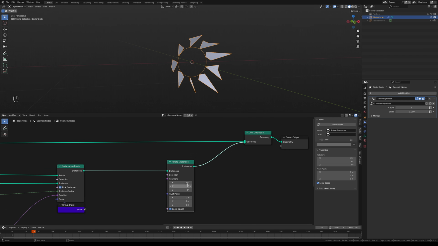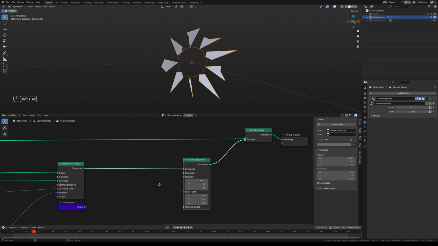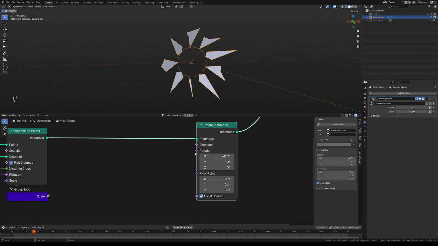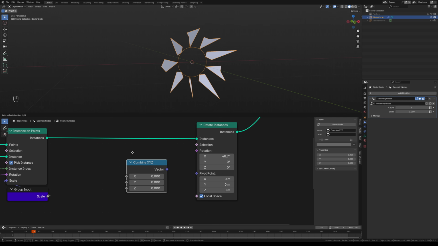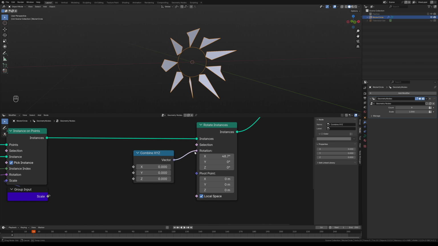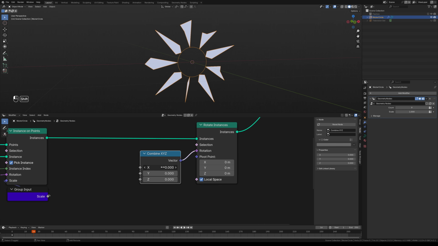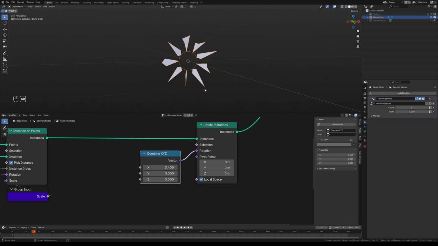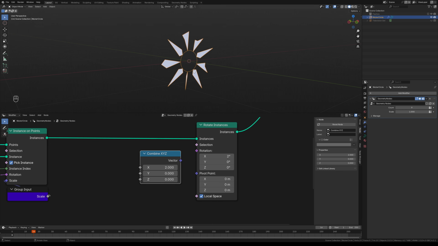So let's expose this X rotation. We don't need the other two channels, but you can see it's only got a single socket going into that. To split that out, we'll bring in a combine XYZ. And if I drag that to my rotation there, I can now adjust this. The only problem being that if I put 2 into this socket versus 2 here, I can see the difference